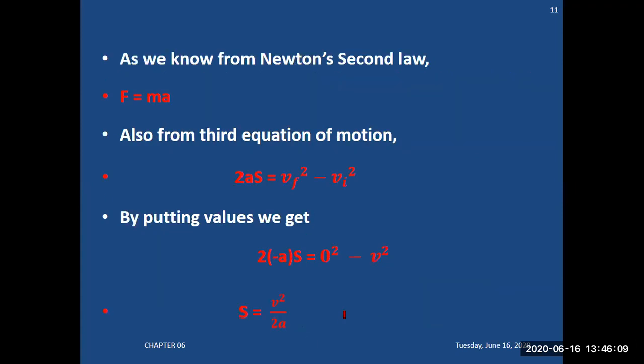Because its velocity is changed, the force is calculated by using Newton's second law, F is equal to ma, and the displacement is calculated by using equations of motion, that is 2as is equal to vf square minus vi square. Because the object comes to rest due to frictional force, the final velocity is 0. It starts moving with velocity vi, and the distance covered by the body after application of the force is s.